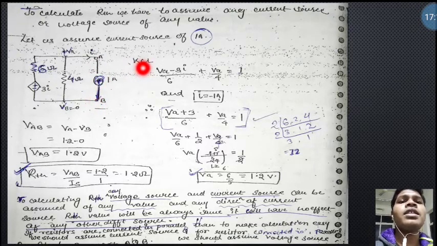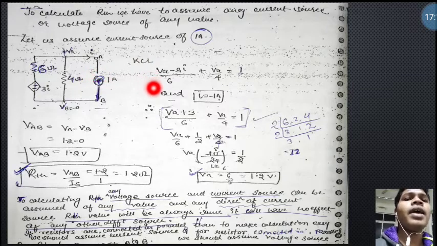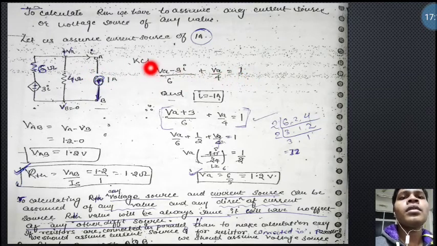By applying the KCL equation here, we can find the voltage across this point. If we take this as another node, take this node as our reference. So VB, this node, potential is equal to 0, and the potential at this node we need to calculate first, then only we can find the Thevenin's resistance. So (VA minus 3I) divided by 6 plus VA divided by 4 is equal to 1 ampere. And I is equal to minus 1 ampere.